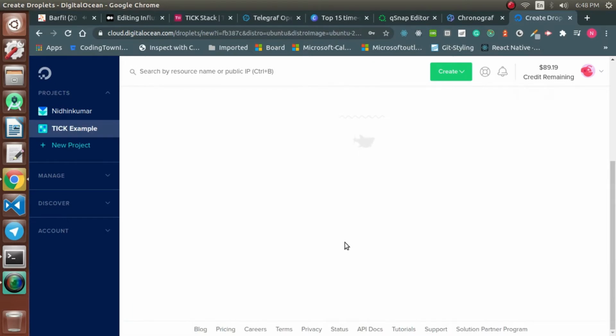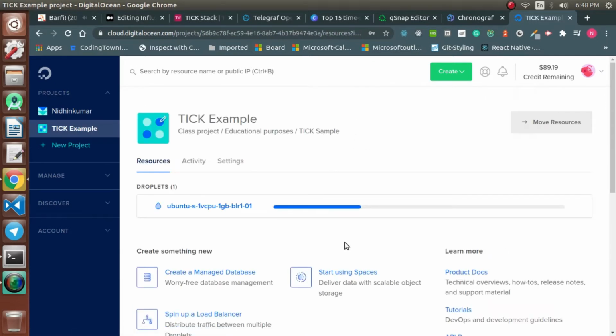We'll wait a couple of minutes for this droplet to get created. Once this droplet is created, we'll try to install InfluxDB inside this droplet using SSH from our local machine.